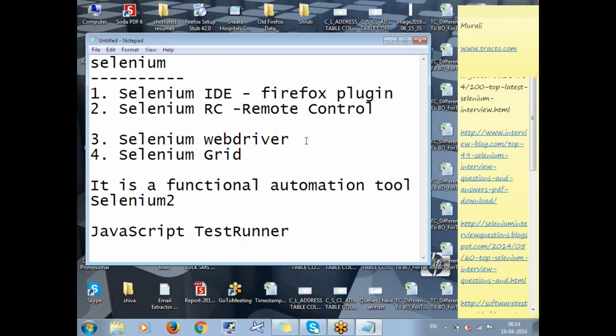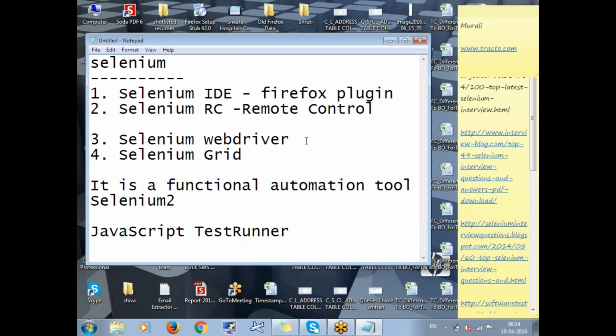It controls the browser from the OS level. That is the reason, as it controls applications from the OS level, it is very fast when compared to the RC. And it supports a wide range of platforms like OS's and browser versions,